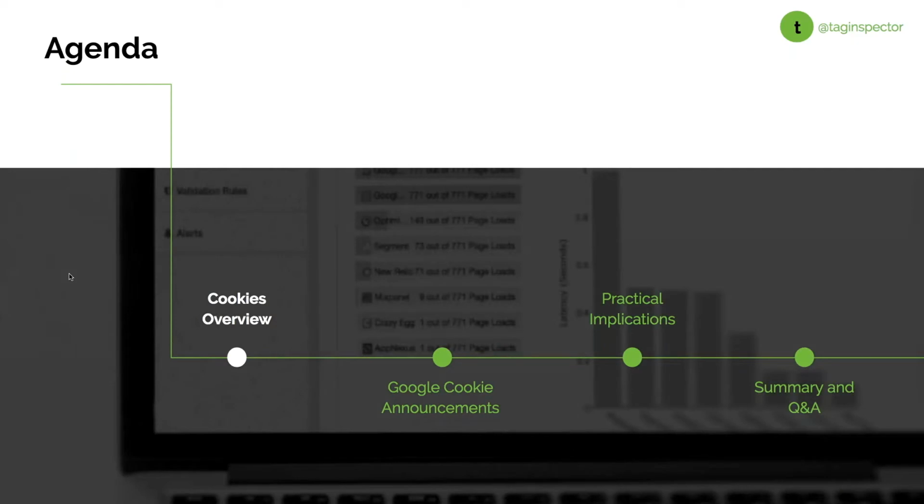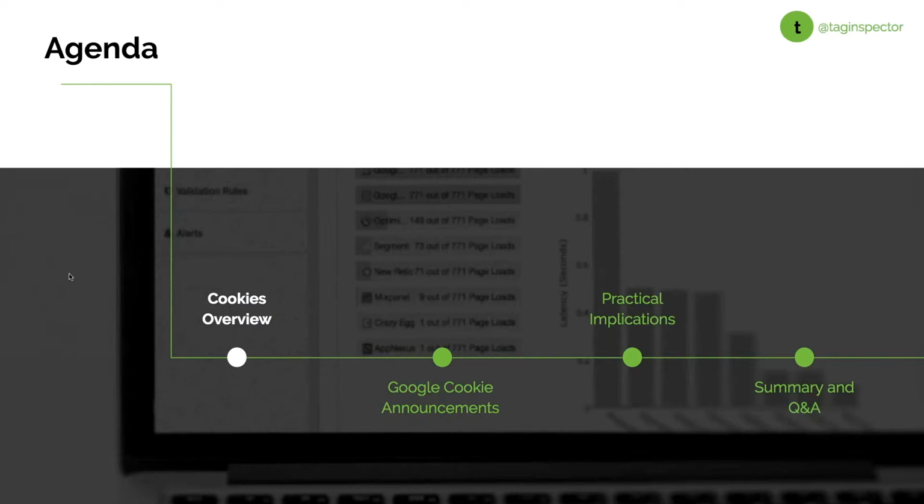As far as the agenda, we'll start out with just an overview on cookies. It might be a little basic for some folks on here, but one of the things that I constantly come across in discussions with different organizations is confusion around the difference between cookies and tags and how exactly those fall into the ecosystem. So we'll go through, at a very high level, what cookies are, how exactly they're working, and some of those different attributes that are specifically referenced and dealt with for some of the different browser updates and technical limitations that you're going to be facing with cookies moving forward.